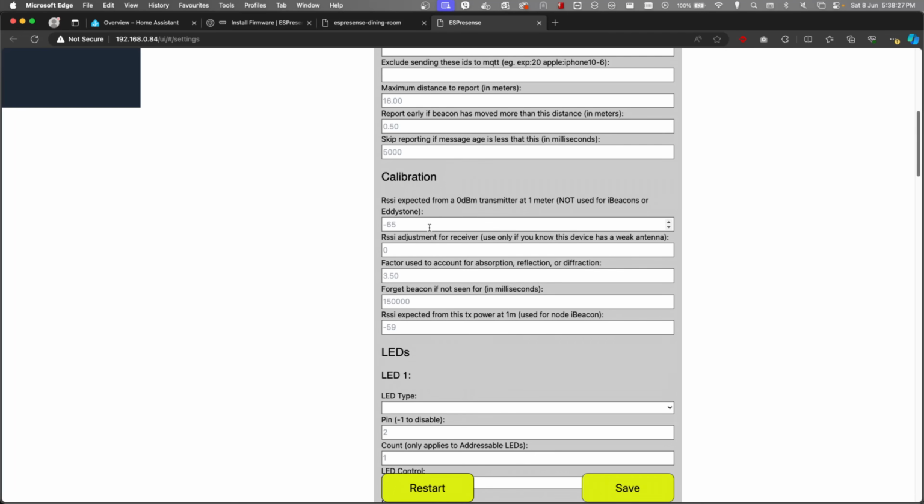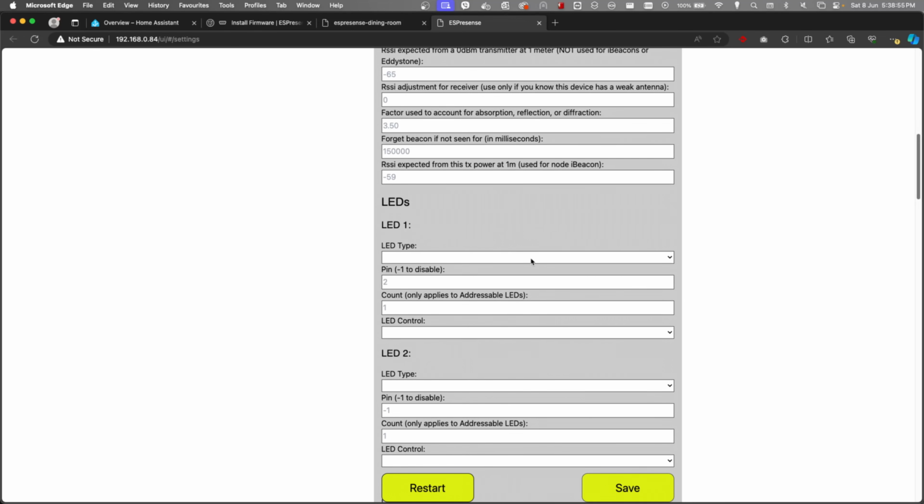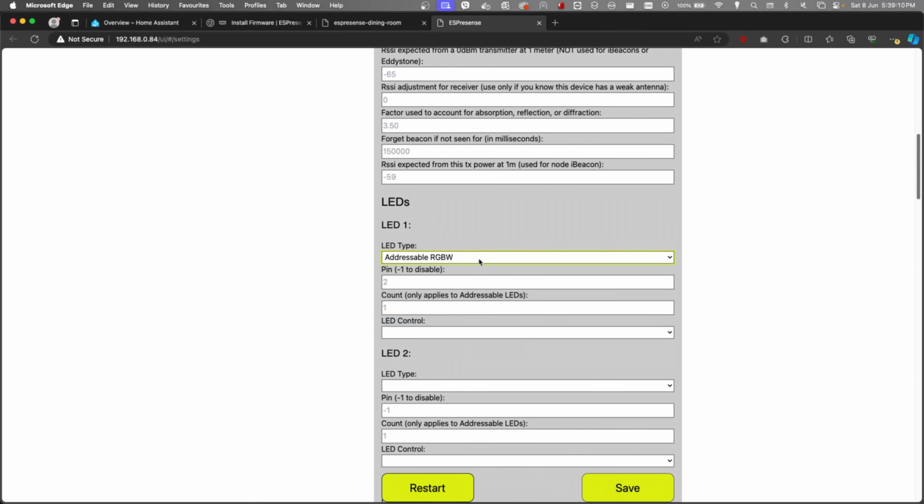This calibration section I'm not going to worry about yet, but you can kind of see that the first thing in here is if you've got a 0 dBm transmitter at 1 meter, what's the expected RSSI? And so you can change that to try and improve the distance calculations, etc. So once we get past calibration, it starts getting interesting because we can see that there's options to connect LEDs to our ESP32. And in the drop-down menu here, there's things like we can do a PWM or we can do addressable LEDs here as well, whether they're RGBW or